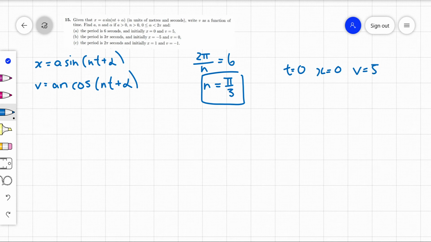So let's put that in our x and v equations. So x equals 0, a sine 0 plus alpha, so alpha. And for the v equation, we've got 5 is a n, so we do know n, we can put that in as pi on 3, or I'm just going to leave it for the moment, cos of 0 plus alpha,